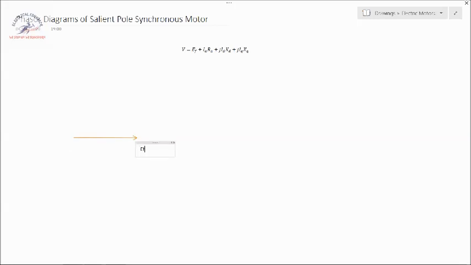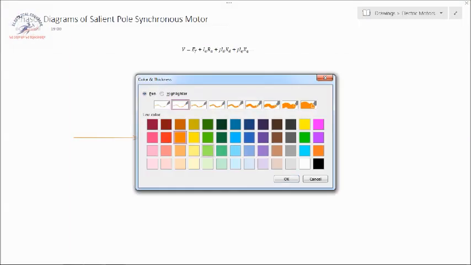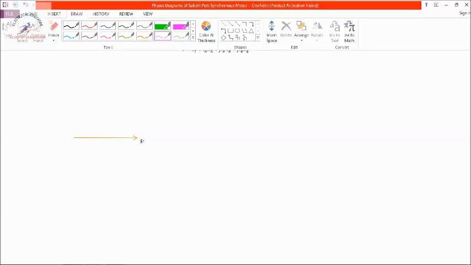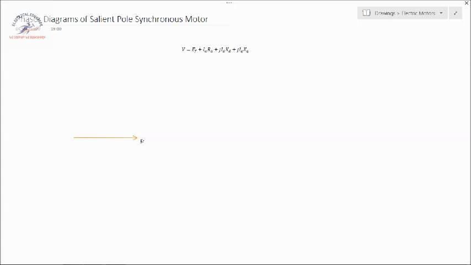Okay. So now I have to draw vector I. I will consider it for lagging power factor, so I will take some arbitrary direction. I assume that later I will arrive at the same point. Okay. So I will consider this position. If not, I will have to alter the diagram later, because I don't know where V is. So V should be somewhere here. So I am assuming that the current is lagging now. Okay, so with that in mind I am drawing this.